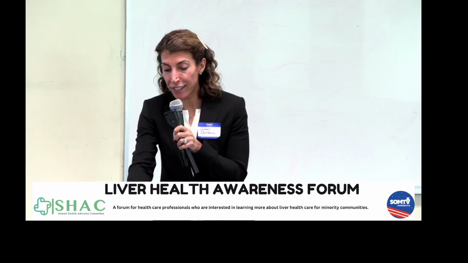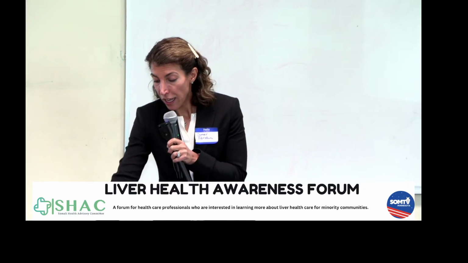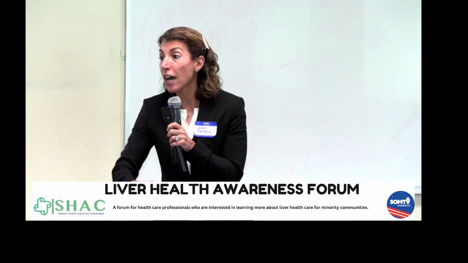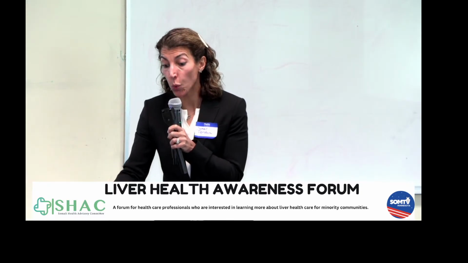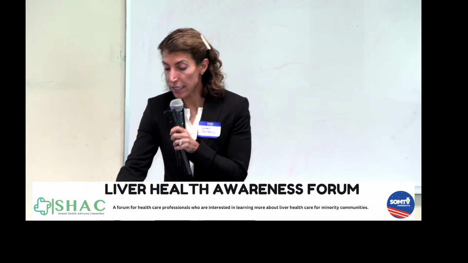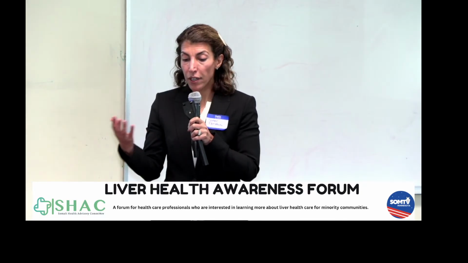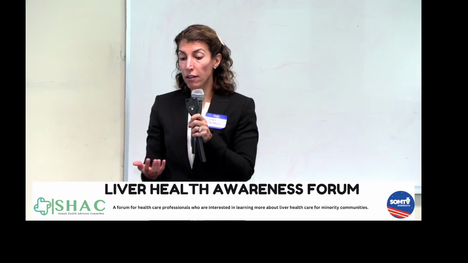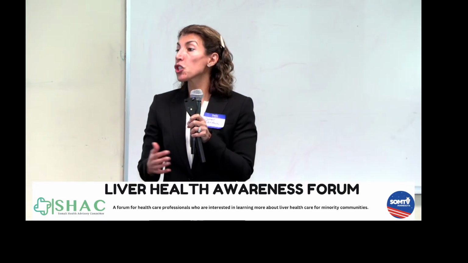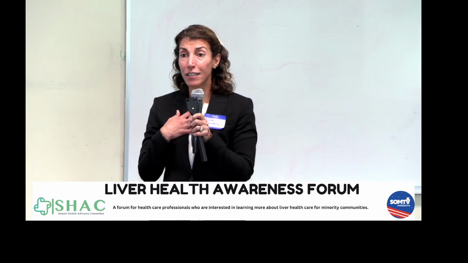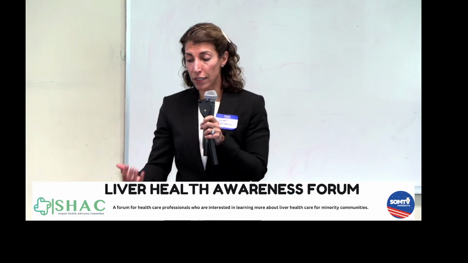Resmetirom was approved, and it did have some of these benefits. And then we have other agents, the GLP-1 receptor agonists that are used for obesity, now in clinical trials for MASH with good efficacy, including, for example, tirzepatide and this agent, retatrutide, which is a triple agonist. And at the end, the summary of MASLD pharmacotherapy. So we have many phase 2B and 3 clinical trials ongoing for MASH in adults. We're going to have a challenge extrapolating to pediatric patients because we believe that our disease is a little bit more severe, starts early in life, and is more heterogeneous.